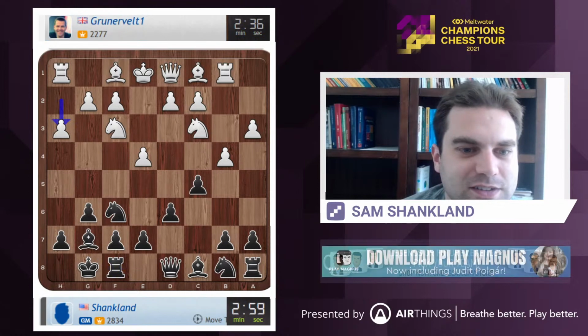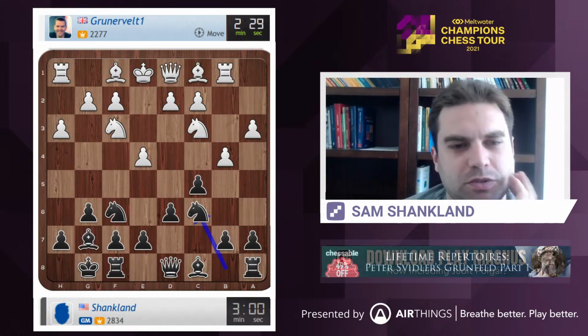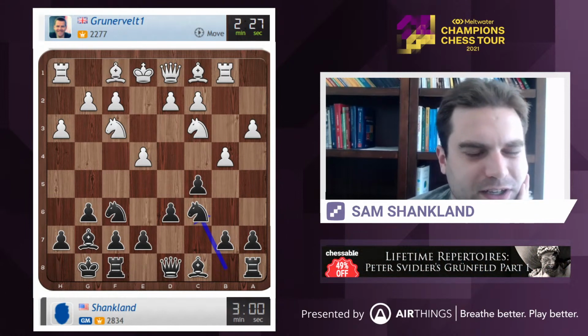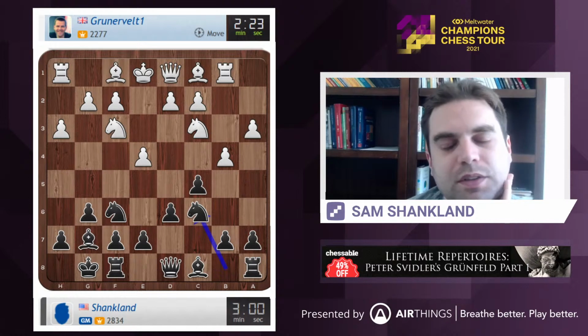Let's see if this is Jakob or not. Alright, knight c6. It's a pretty boring position. I think I remember in the course the computer said black was a little better here already. I don't really buy that. I think white's too solid to be worse. He doesn't have any weaknesses or anything, but